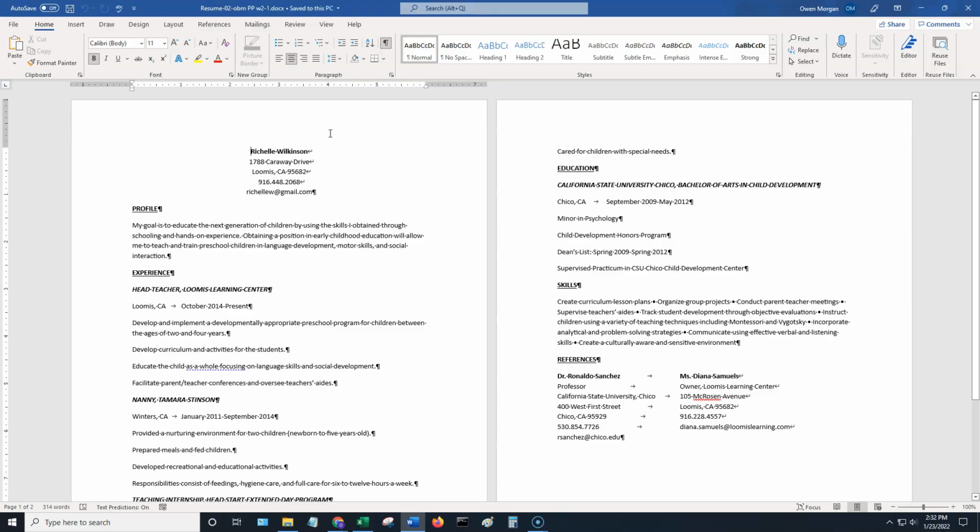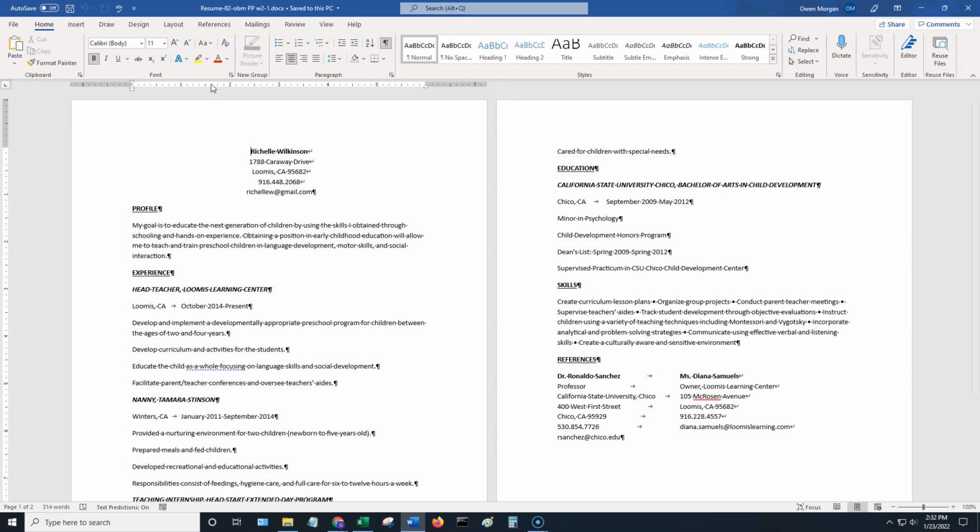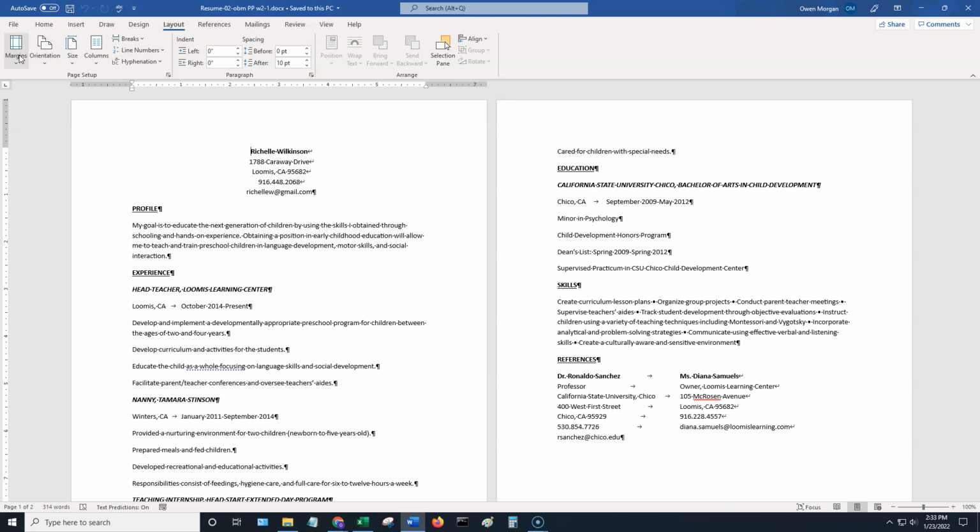Okay. So the next step is we're going to go ahead and change the margins of this. The margins are the areas on the left and right side of the page that are empty here, and at the top and bottom of the page that are empty. So we're going to start out with the Layout tab, and go to the Page Setup option here. While there is a Margins option over here, we're going to use the Page Setup